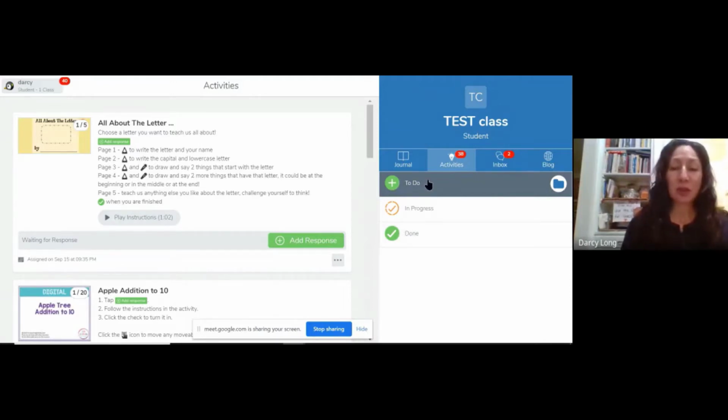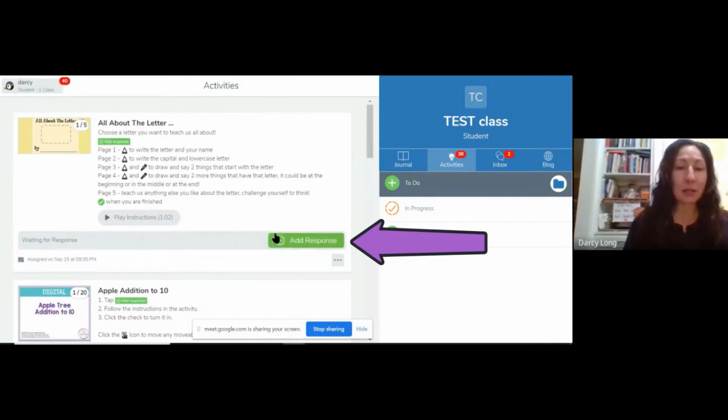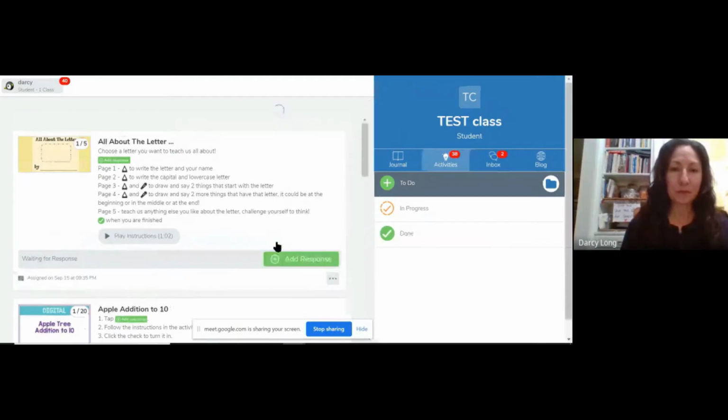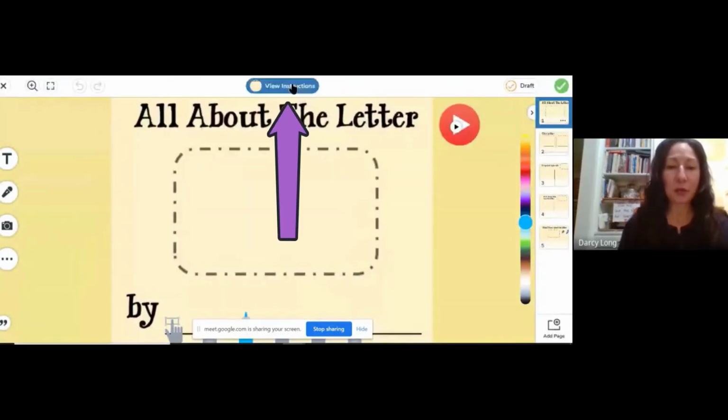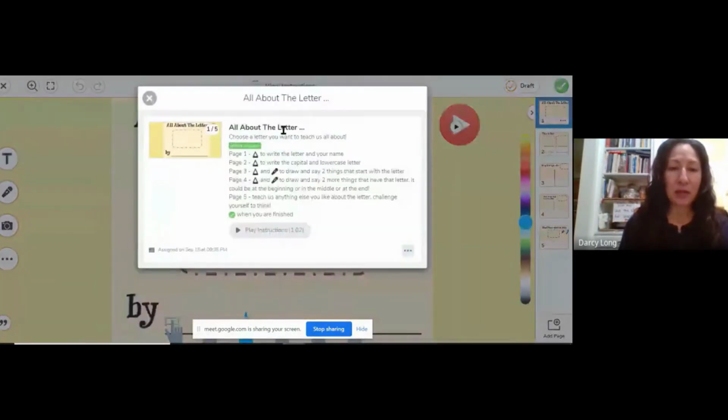So I'm going to start with my to-do folder to see if there's something new. And I see that this is new. So I'm going to go ahead and open the activity, and I do that by pressing Add Response. I want to view the full instructions, so I'm going to click right at the top. So it says all about the letter, and it says I am going to choose a letter to teach everyone